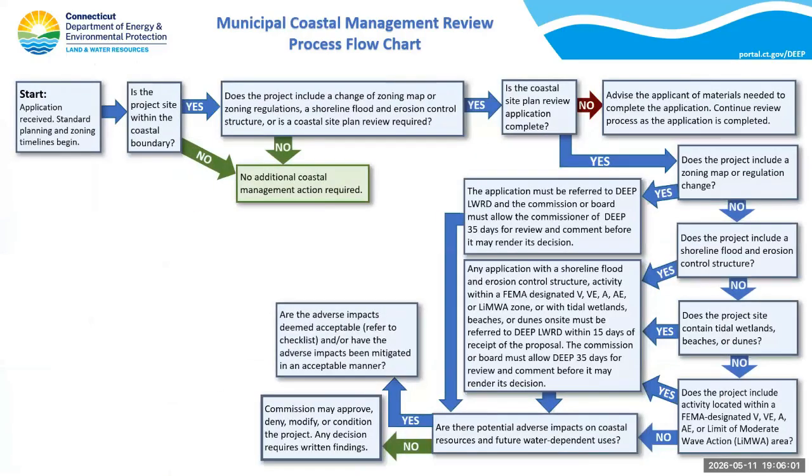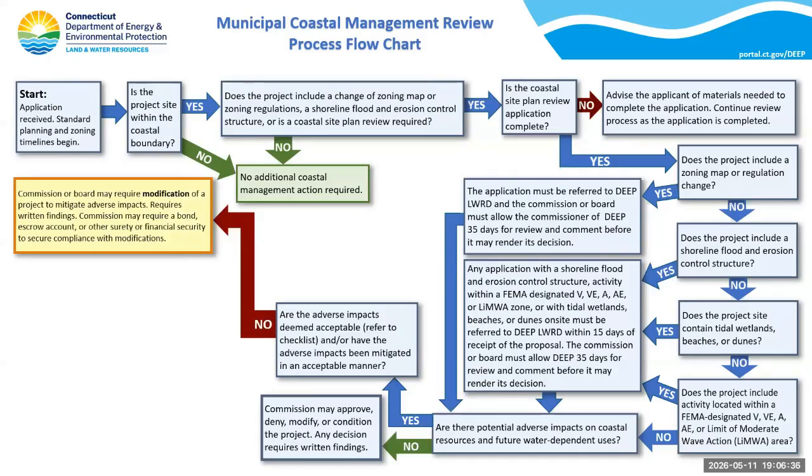And one other thing that I'll mention about the water dependence and public access issue is that sometimes the developer will suggest that they will provide a public access walkway, which is fantastic. But it's really important for the commission to require that as a condition, because if they're just offering it, there's no requirement for them to actually build it or provide the easement. So it's really important that the commission actually require that as a condition of coastal site plan approval.